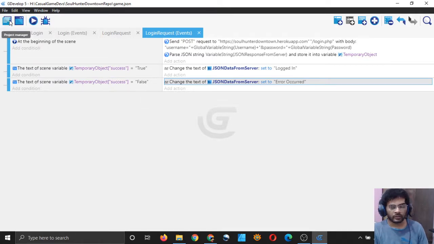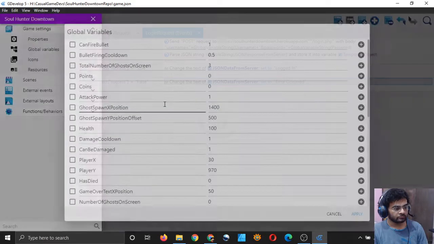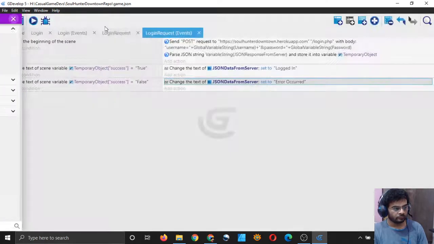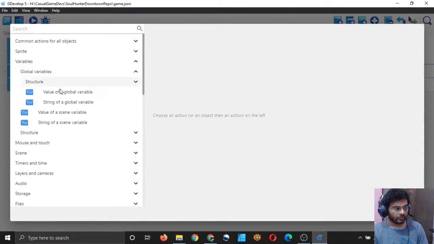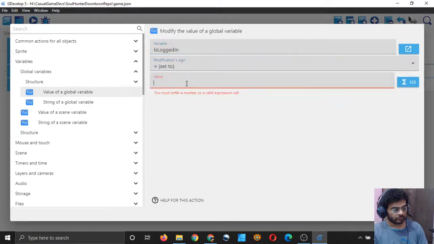You can see that in our global variables we have a variable called is logged in, and by default it is 0, but now that we have logged in I will change it to 1. So action variables, value of a global variable is logged in equal to 1.